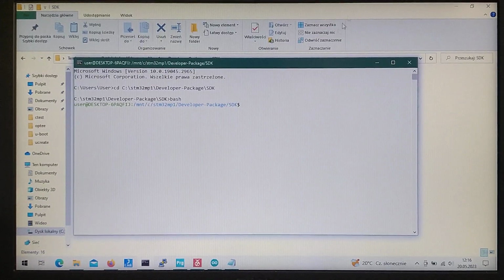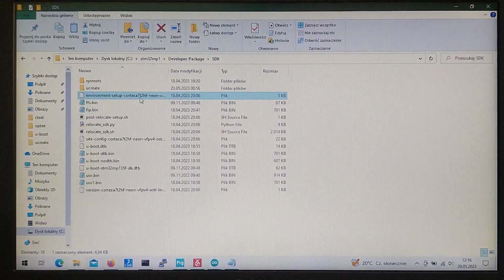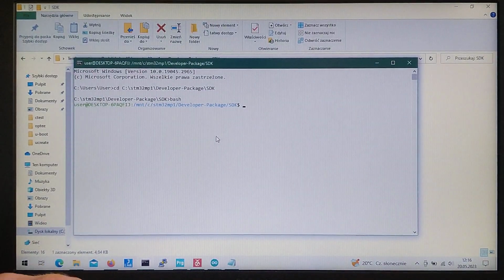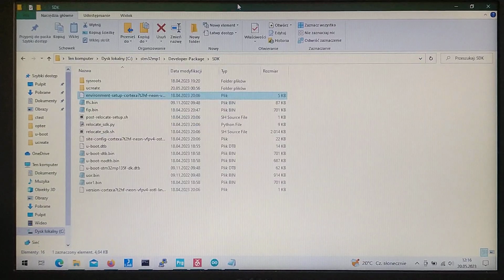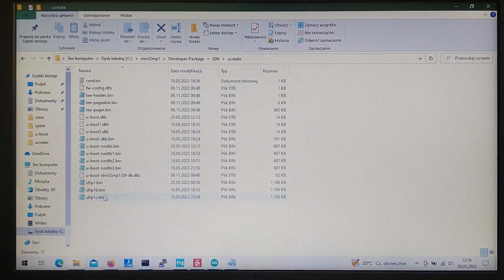Okay, so now let's get the environment loaded by copying this name and making it a source. Okay, so now let's go to the folder we got, and now as we got those files,